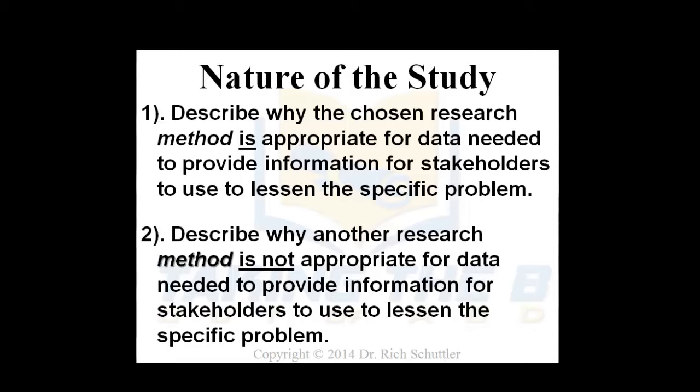But you can see here by 2 full paragraphs telling the audience why your chosen research method is appropriate and why it's not, you can see that that would provide this discerning critical thinking perspective of why something's appropriate, why something's not. And that's the biggest part of the proposal or dissertation at this point in this section, is to help the reader better understand that you do understand research. You are somewhat of a consumer of research, and you know enough about research as to what research method and design is appropriate and perhaps which one or which ones are not. So those are the first 2 paragraphs. Let's talk about the second 2 paragraphs.